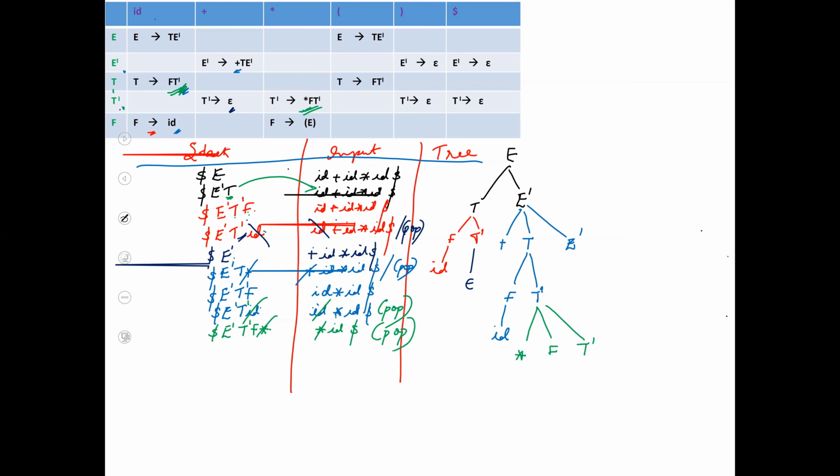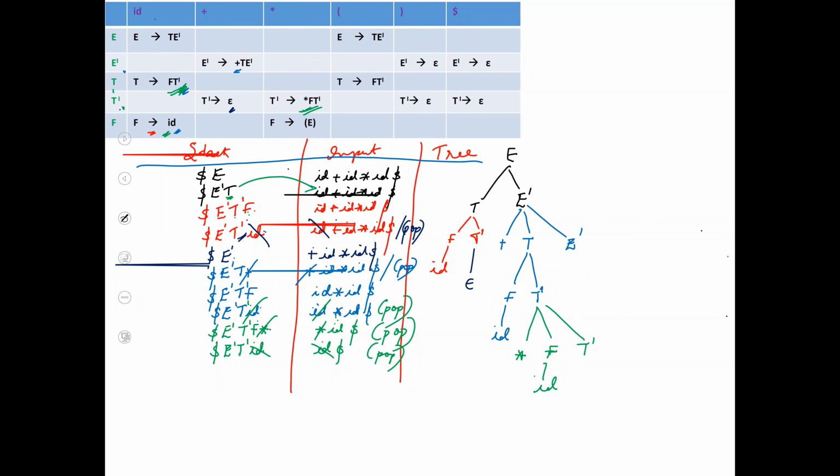So what is the next encountering thing? F and ID. F and ID, I do have a production rule. F is to be replaced with ID. So I write over here E dash, T dash, ID. And here I do have ID and dollar. So what did I do just now? This particular F I had, I replaced it with an ID. ID cancelled.